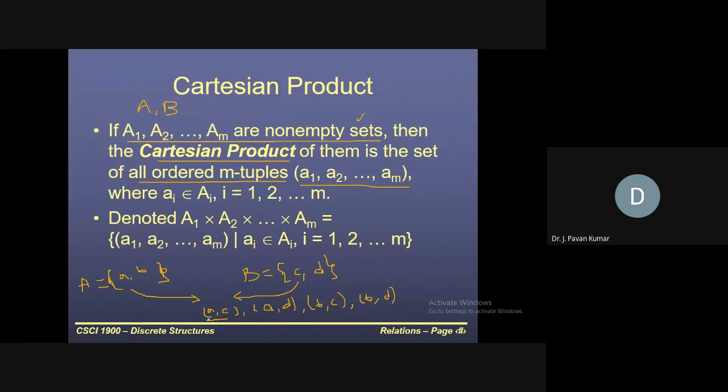Now in this particular expression we are saying m-tuples. Tuple is nothing but this particular pair, which we can consider as a tuple. As we have only two sets A and B, each tuple has size 2. Suppose we have m number of sets in the Cartesian product, how many elements will we have in each tuple? If we have two sets here, then from each set we take one element and form a tuple. Similar to that, if we have three sets, then we take one element from each set, then we get a tuple of size